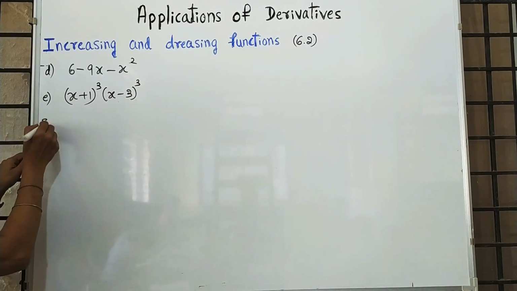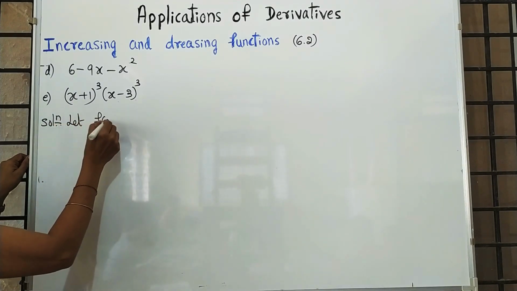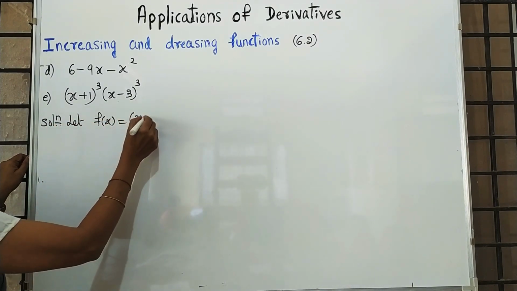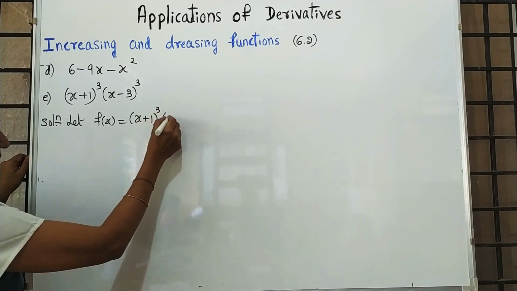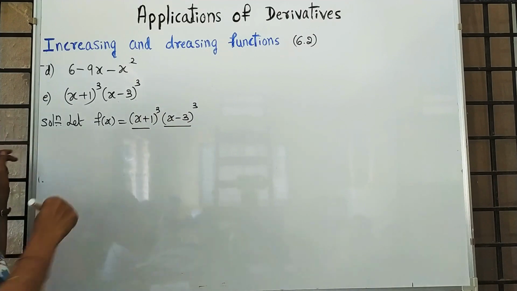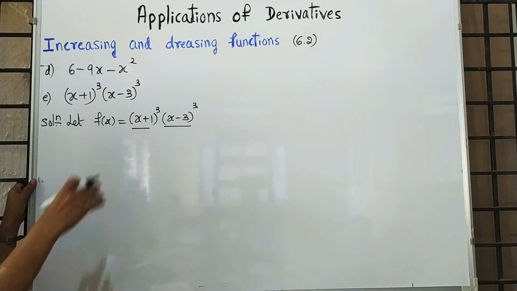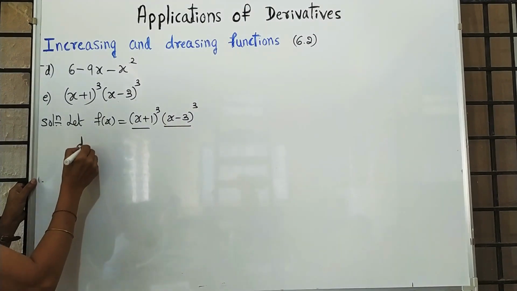Let us call this f of x. Let f of x is equal to x plus 1 whole cube into x minus 3 whole cube. This is u, this is v, product rule. And we have to apply the chain rule also because the power is 3. Differentiating